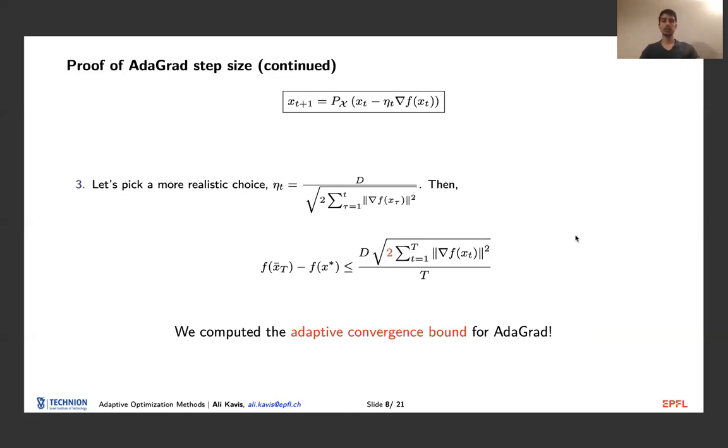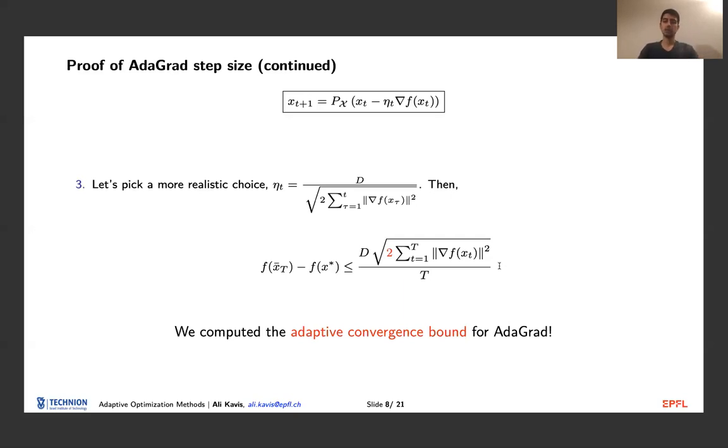acceptable. And the good thing is, we also see that not only is our step size adaptive, but our convergence rate is also adaptive, and it depends on the local information. It depends on our observed gradients. So assume that our gradients were very, very small, or they become very small very fast. Then we have a better convergence rate. And if we have very large gradients with very large magnitudes, then our convergence rate could be a bit worse